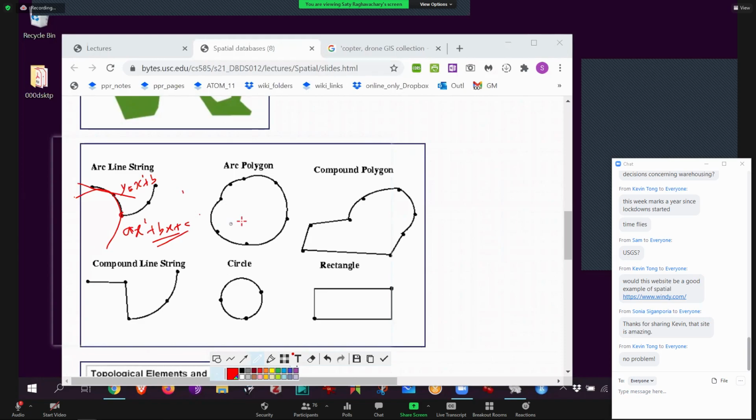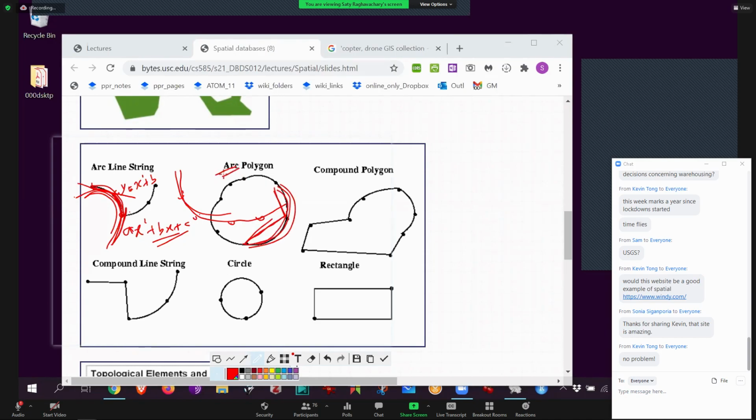If you give me any 4 points, I can fit what is called a cubic spline through them, a third-degree polynomial. So here, they probably use a third-degree polynomial. That is why even though the database only stores those 3 points, when it joins them, it actually gives you a curvy line, because it calculates the spline coordinates. In other words, what is stored here is not this, more like that. Then if you ask what is the distance between all this, it'll give you that curved distance, because that's actually what you want.